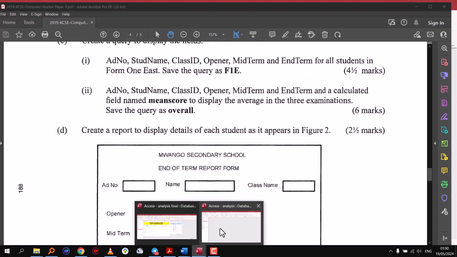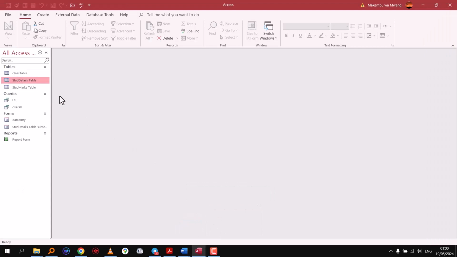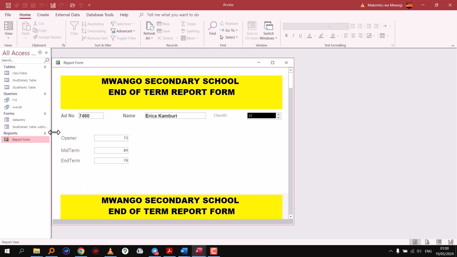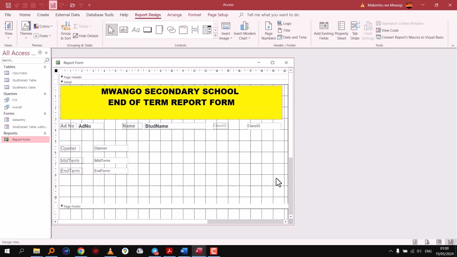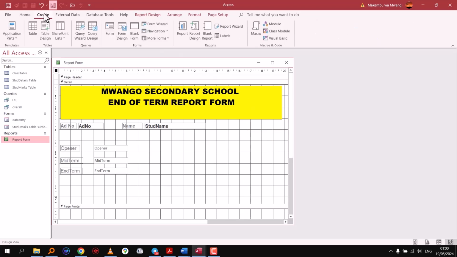analysis database, this one. Then we come to the report form. This particular part should be class name. So layout, no, design, like this. Click on that, delete. After that, come to